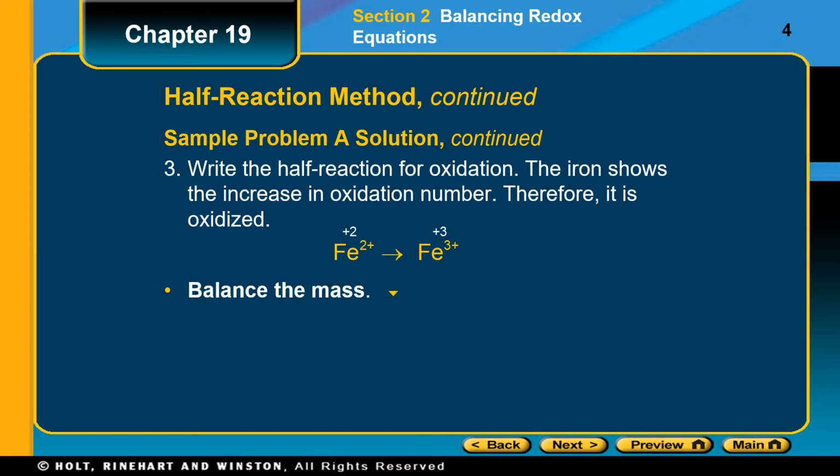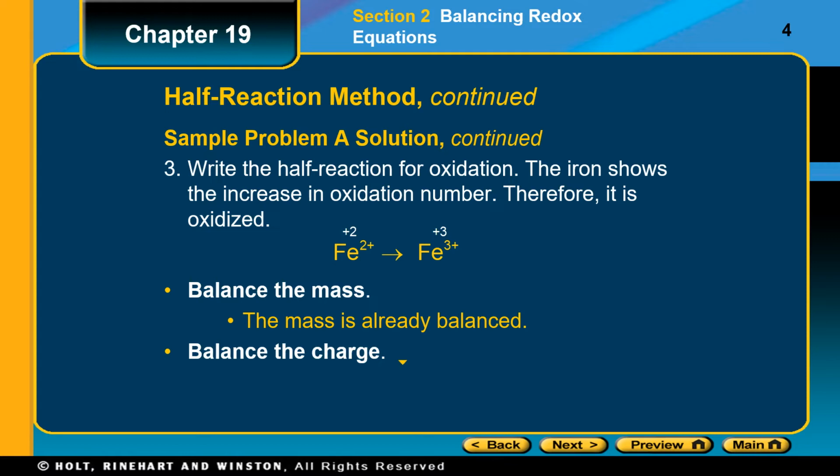To balance the mass, well, the mass is already balanced. We have 1 iron on one side, 1 iron on the other side. There are no oxygens or anything like that that we have to deal with. So the only thing that's left to do is balance the charge. So we have a plus 2 on the left side and a plus 3 on the right side. And remember, we want to add electrons to the side that has the greater positive charge. So we're going to add 1 electron to